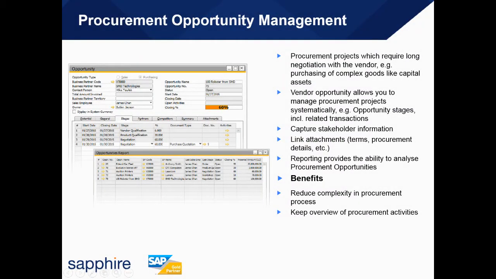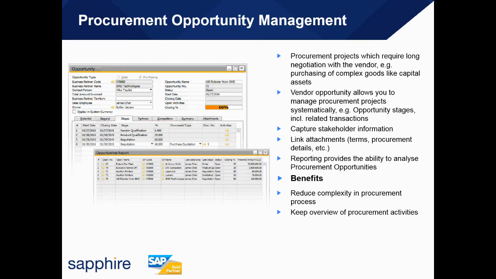I'm now going to just go through the procurement opportunity management functionality. This allows procurement projects which require long negotiation with a vendor, for example purchase of complex goods like capital assets, to be managed within SAP Business One, or perhaps a tender process would come. This could be used quite nicely for too. The vendor opportunity allows you to manage procurement projects systematically, for example opportunity stages, so maybe requests for tender, tender